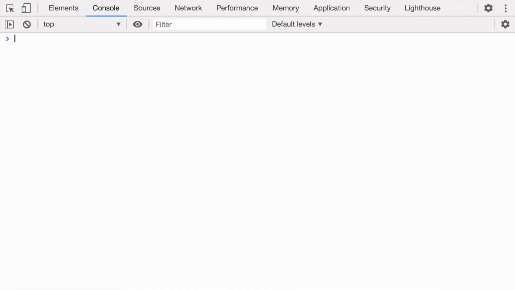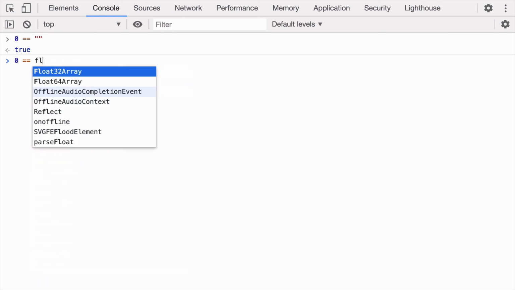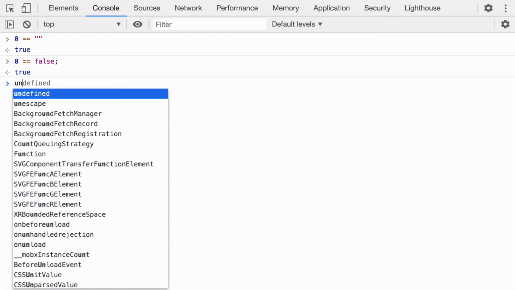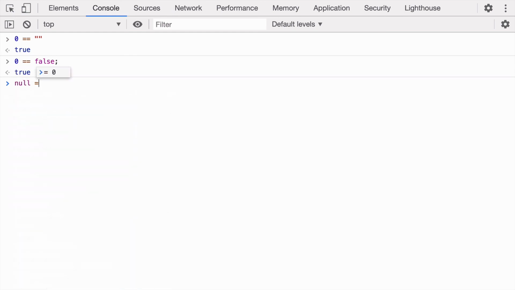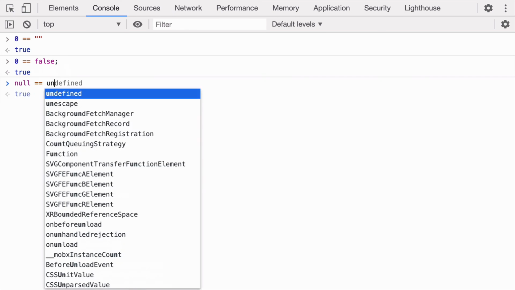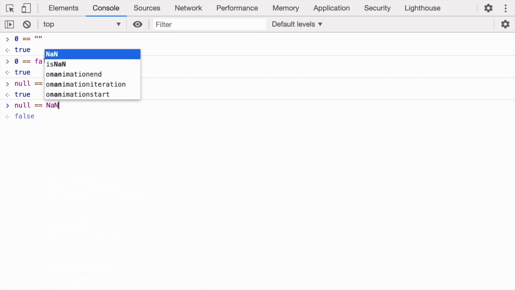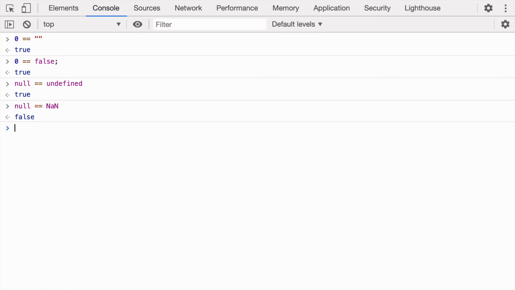So we'll say 0 equal to empty string, true. 0 equal to false, because the first house contains boolean, number, and string, this will work. And if we do something like null is equal to undefined, we'll get true because they belong to the same house. But if we compare null equal to NaN, it will return false.